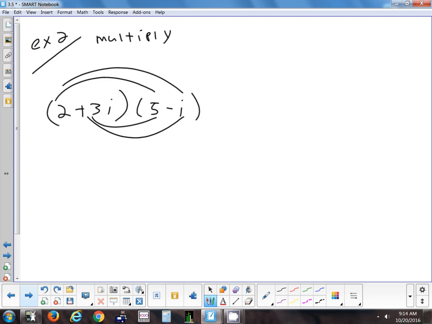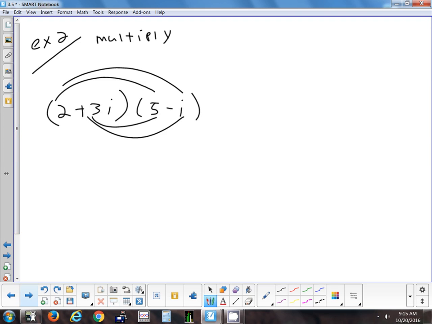Okay, let's look at multiplying. I already explained to you how you do it. If you remember FOIL, or some people call it double distributive, that's how you do it. I squared is going to pop up here, so we have to remember to deal with that too. So FOIL says first thing we do is 2 times 5, which will give me